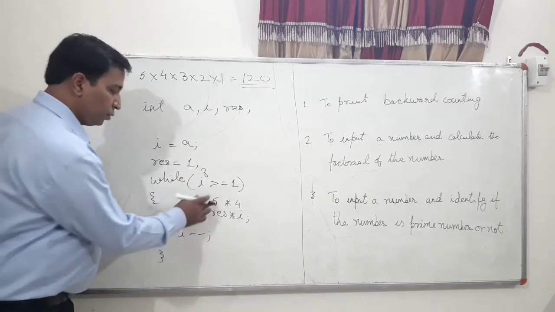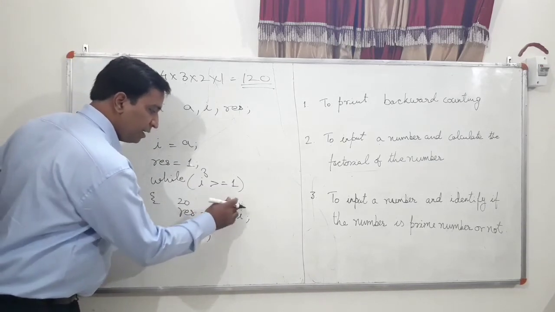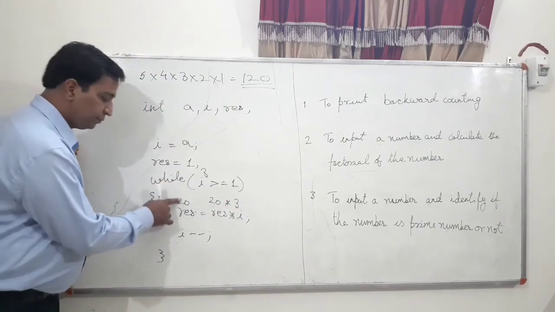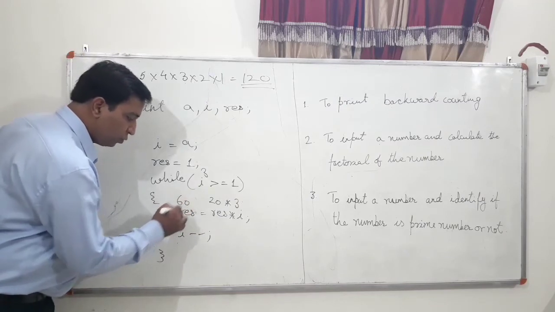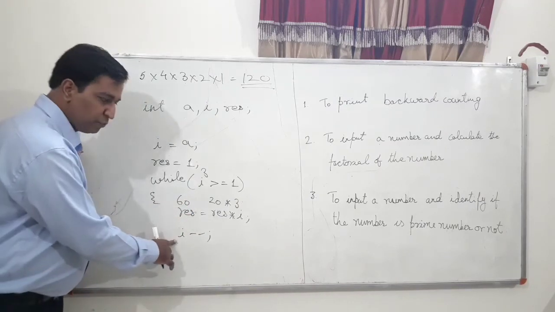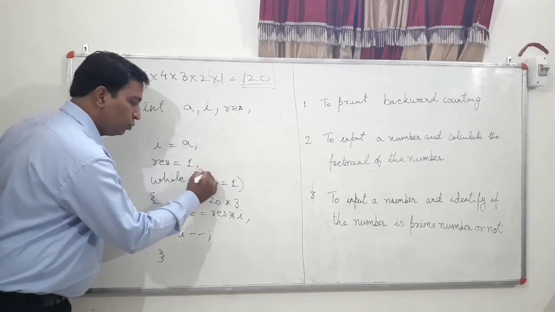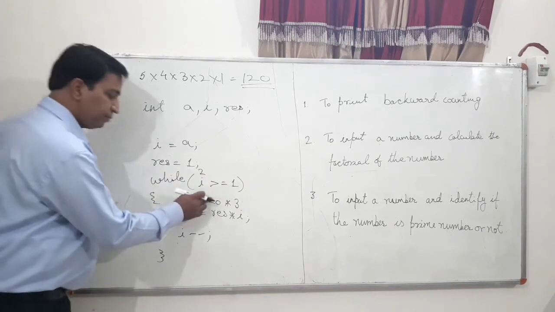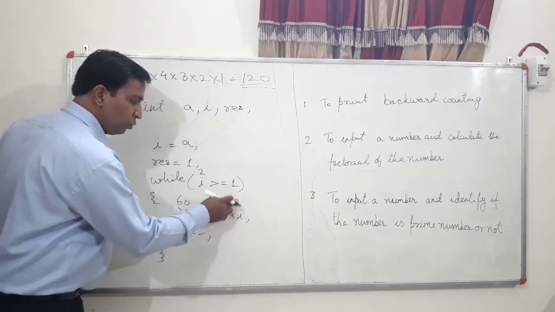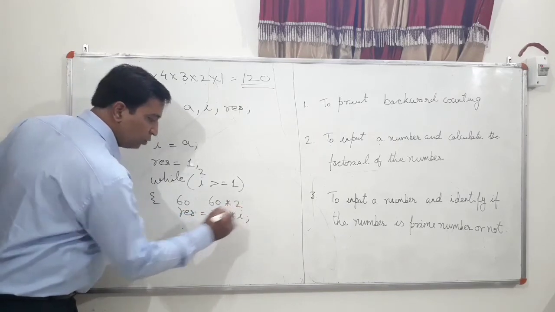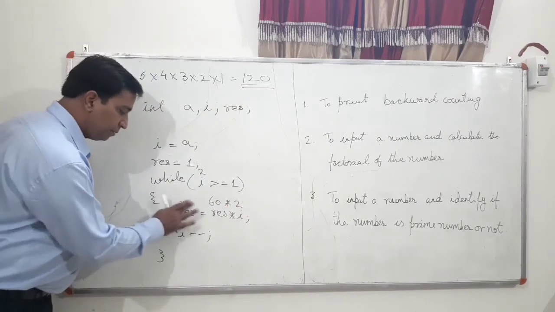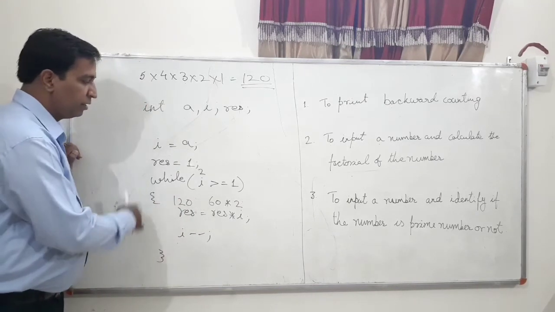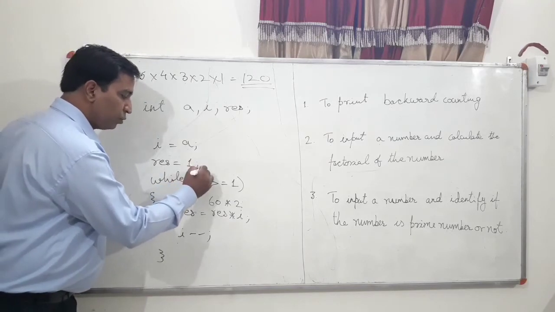Result is holding 20 here now, and I is holding 3. So it's going to be multiplied, and result is going to hold 60 after this. I's value will be reduced. I is going to hold 2. 2 is greater than or equal to 1. True. It's going to come inside. Result is holding 60 and I is holding 2. Will be multiplied. Now result is going to hold 120 and i's value will be reduced again. Now here I is going to hold 1.